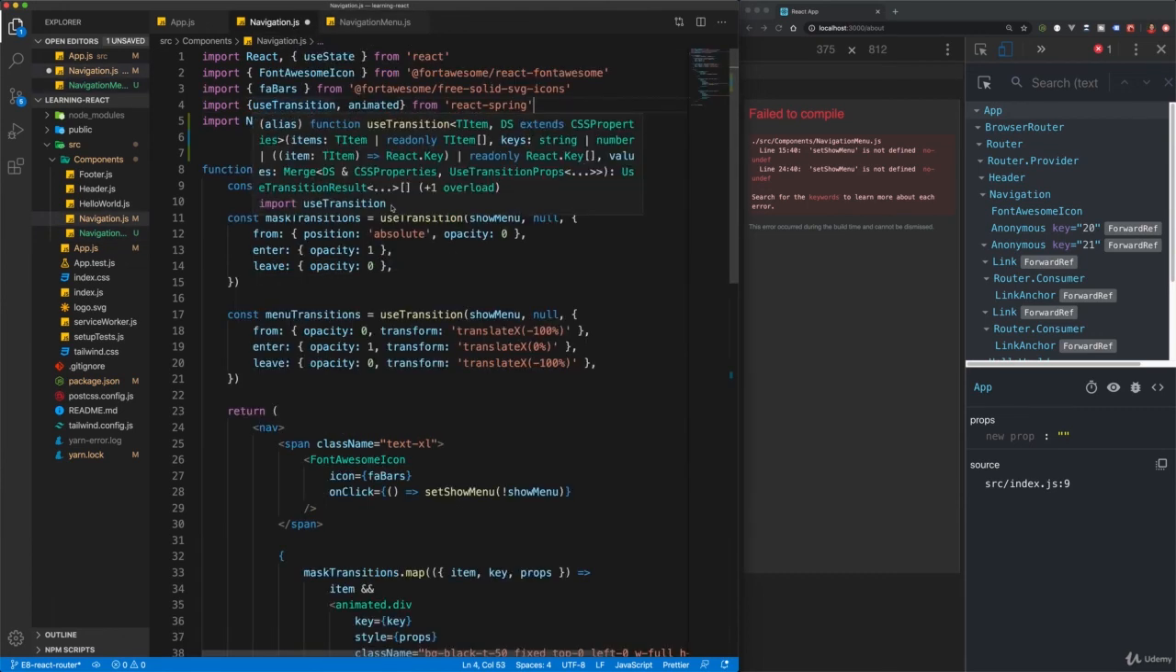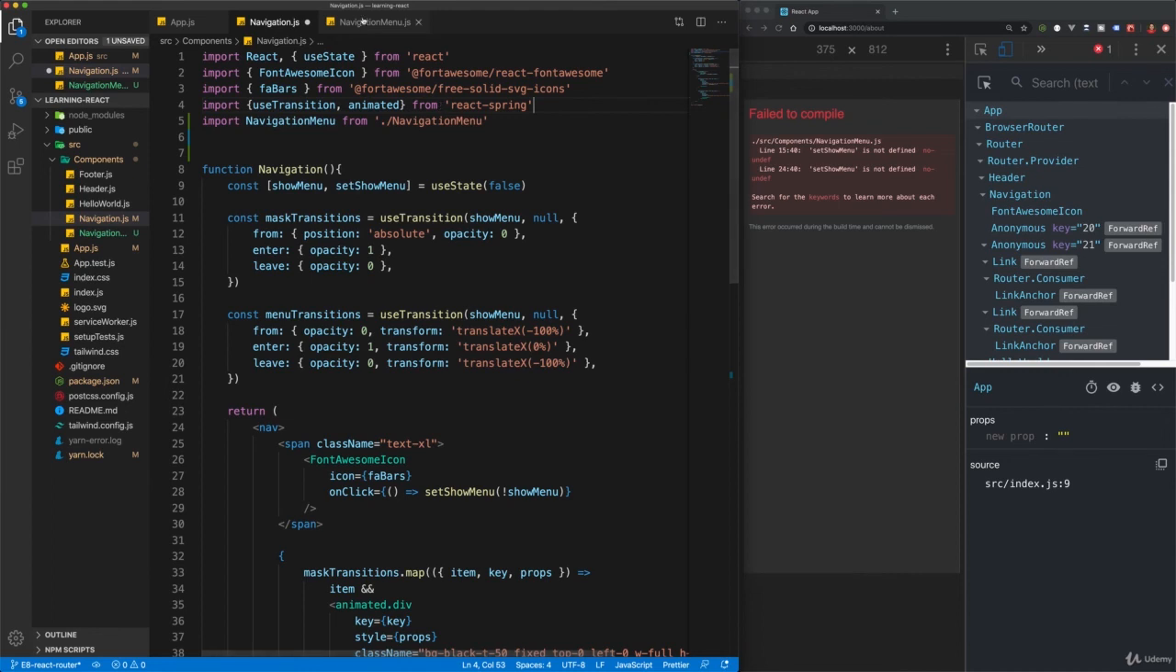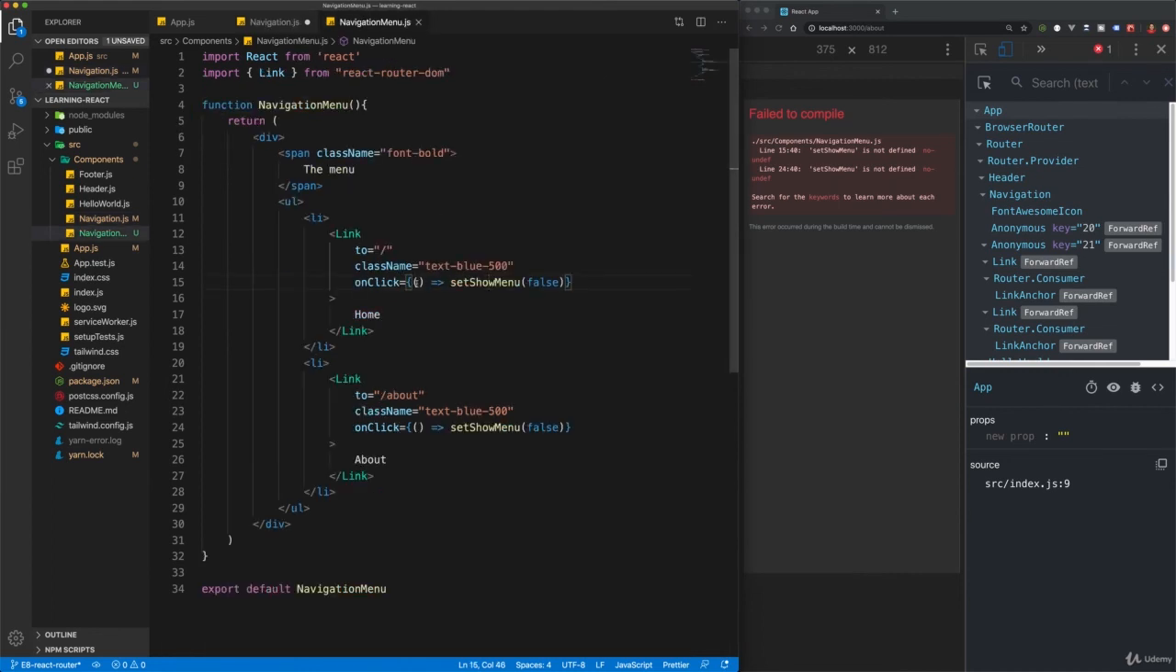So what we need to do here is we can simply pass this in as a prop. So on click, what do I want to do? I want the menu to close. So let's accept some props here. And on the click of this, we'll pass in